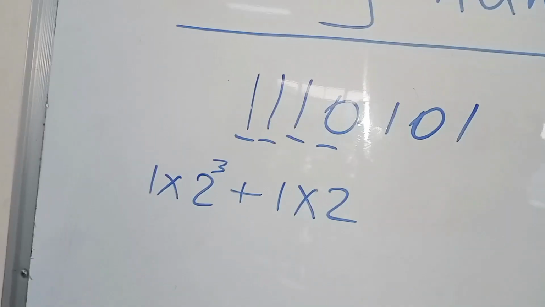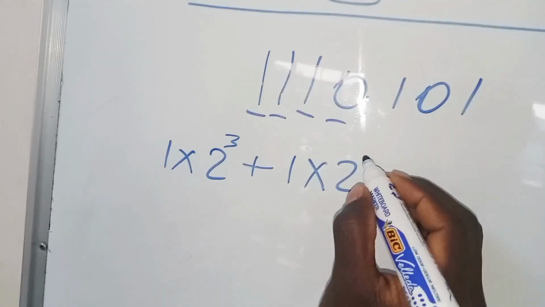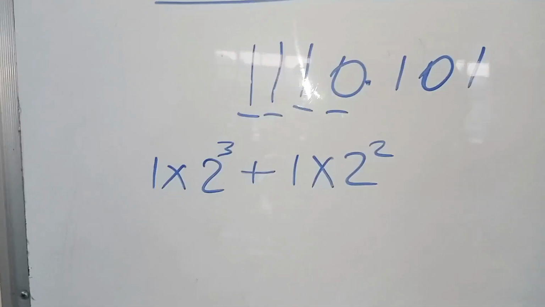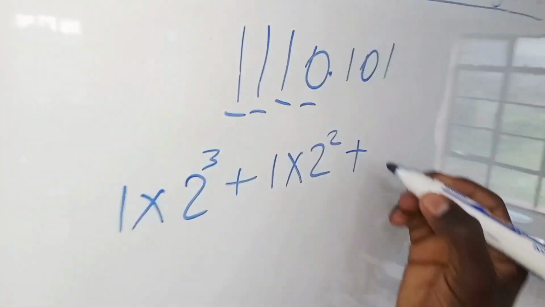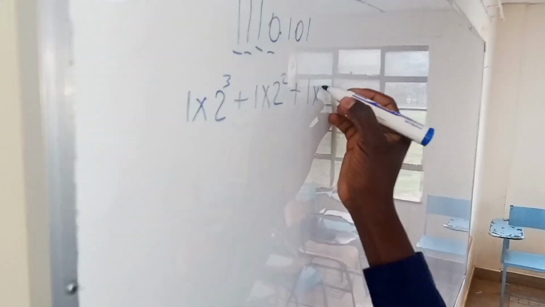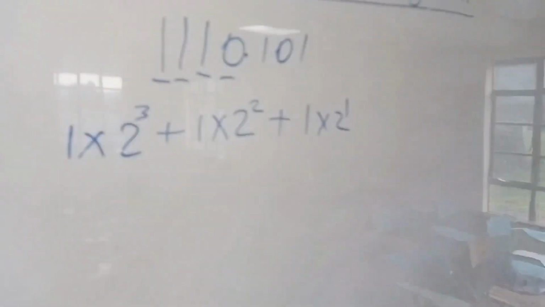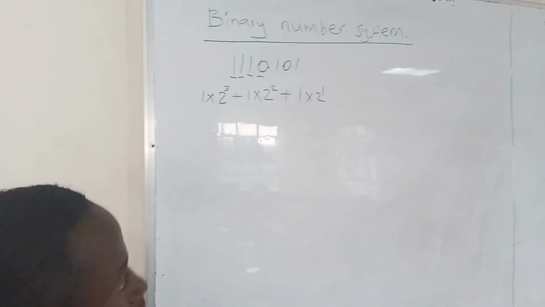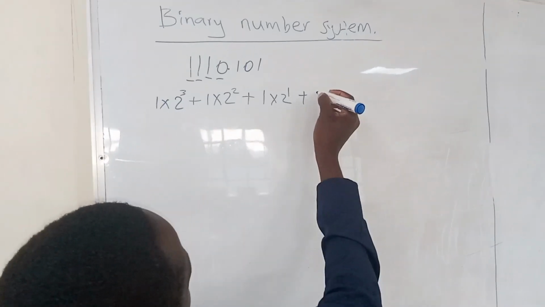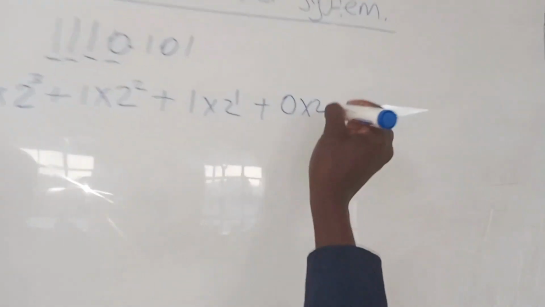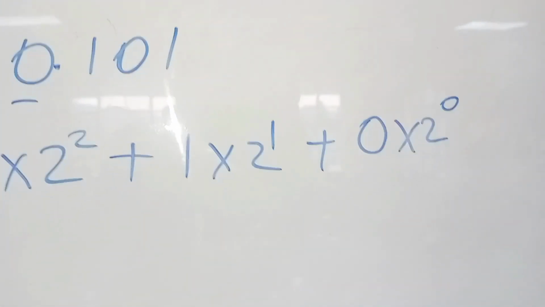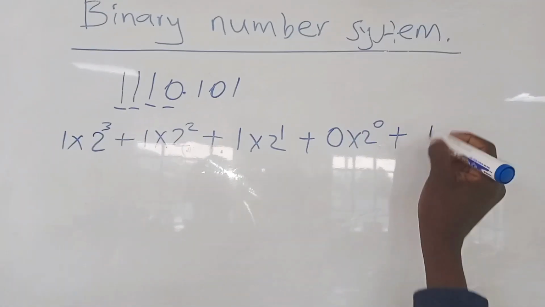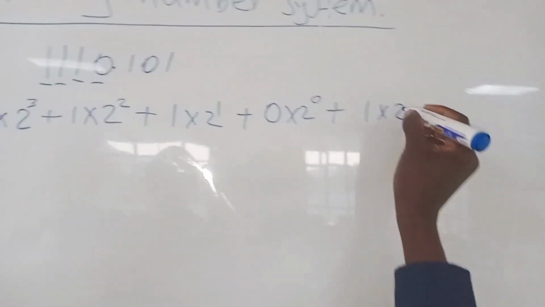Then remember it will be to power 2 because it is in the place value of hundreds, and you add it to 1 times 2 power 1. Know that it is in the place value of 10. Then you also add it to 0 times 2 power 0, and you also add to 1 times 2